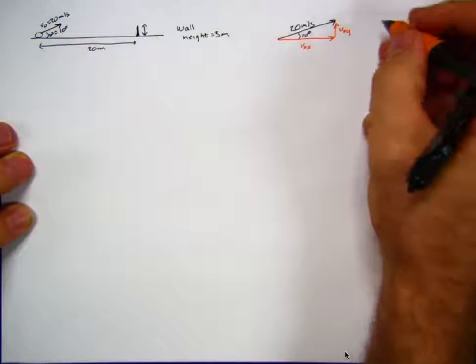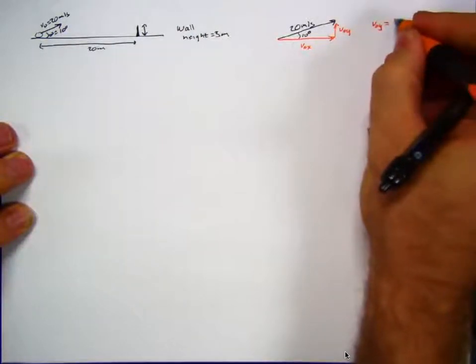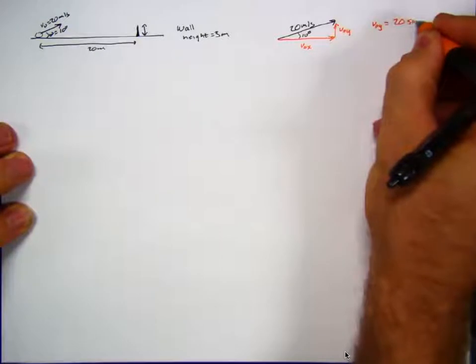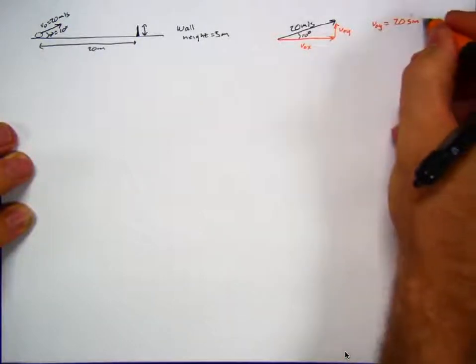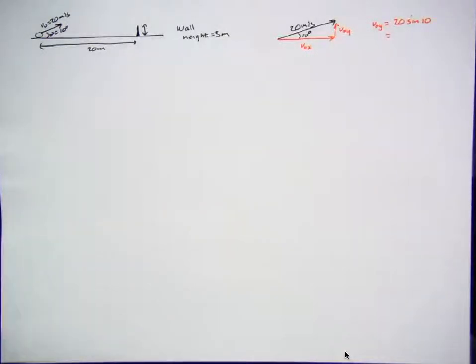So v0y is going to be 20 times the sine, because v0y is opposite of the angle of 10 degrees, which is 20 sine 10,